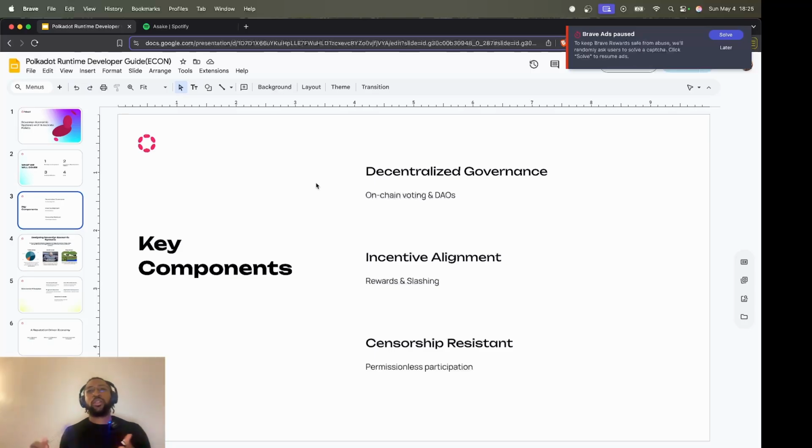We need decentralized governance: on-chain voting, the ambassador fellowship, the technical fellowship. Basically any DAO needs an on-chain voting system where each member can participate equally.